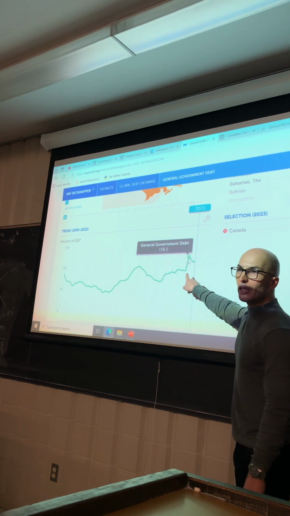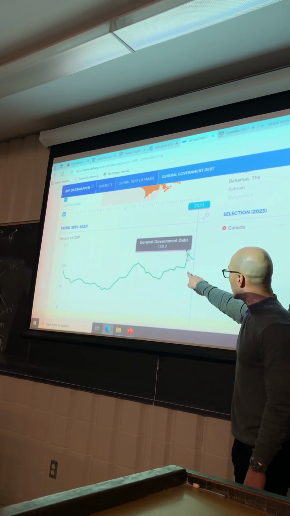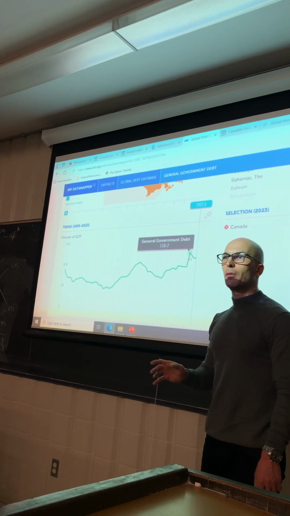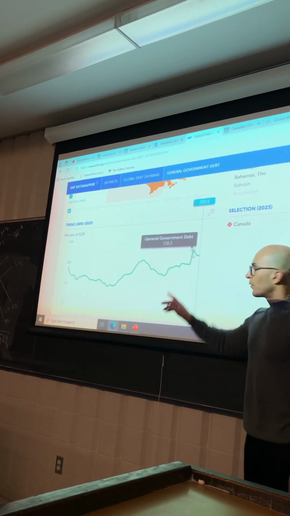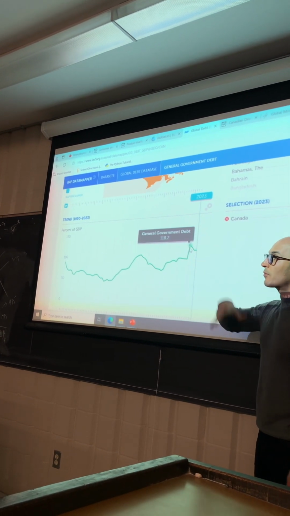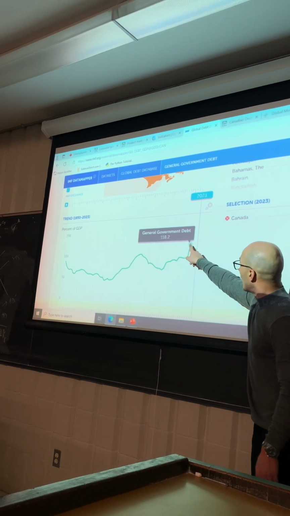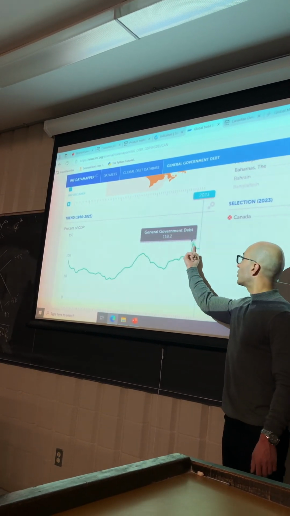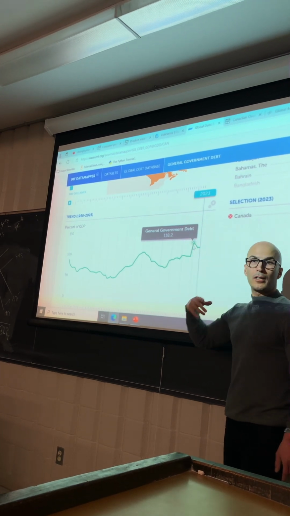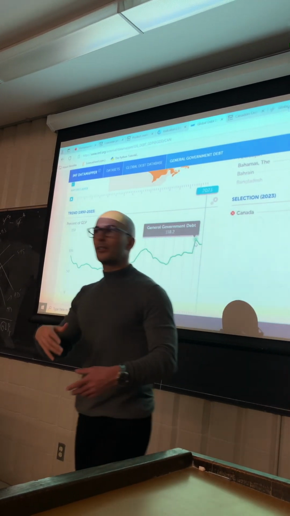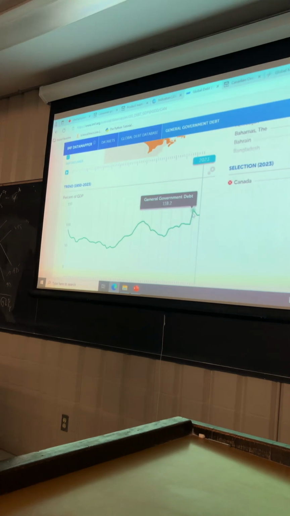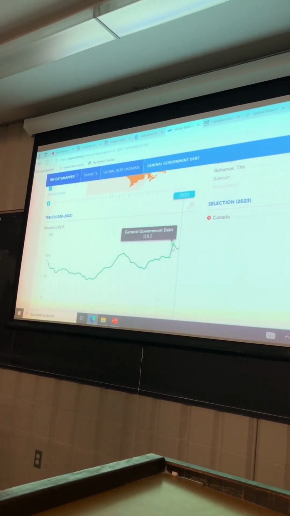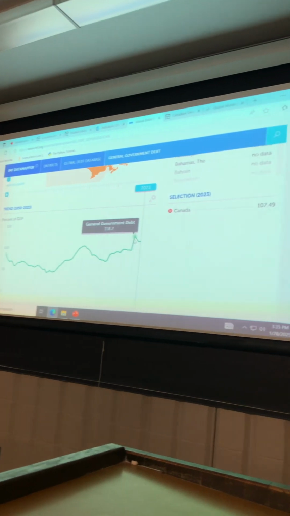So that's a large expansionary fiscal policy. You can see it in other countries too, more or less, to some extent. After COVID, we used expansionary fiscal policy. Then during the time that we had a positive output gap, you see our debt to GDP decreased. Why? Because now we are dealing with a positive output gap. We are using contractionary fiscal policies. We are running surpluses. Okay? So you can see how